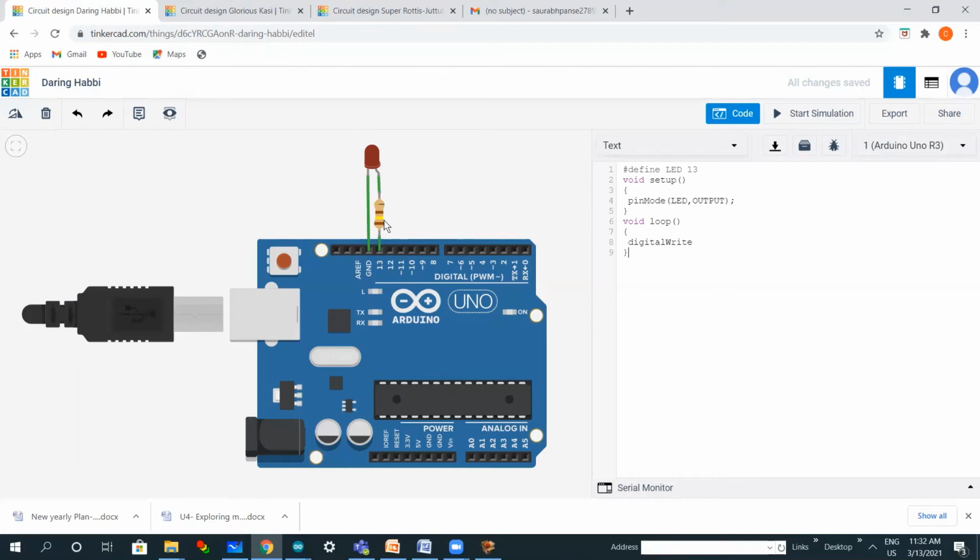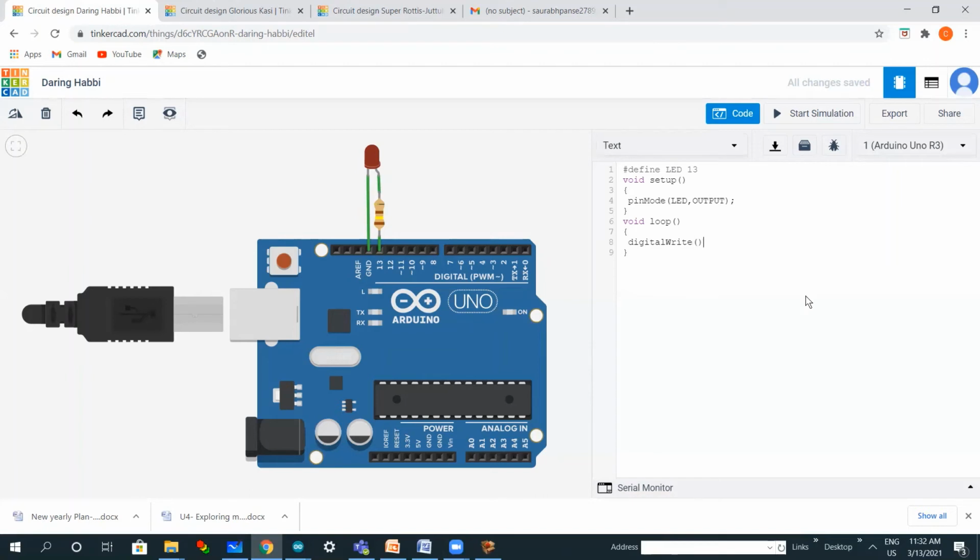Arduino will supply 5 volt to whatever component we have connected. In this case, we have connected an LED, so Arduino will supply 5 volt to the LED. If Arduino would be receiving some data from the component, that is, if the mode of the component would be an input mode, then in place of write, we would have written read. So we will stick with an output component in this particular video, and we will use the write function here.